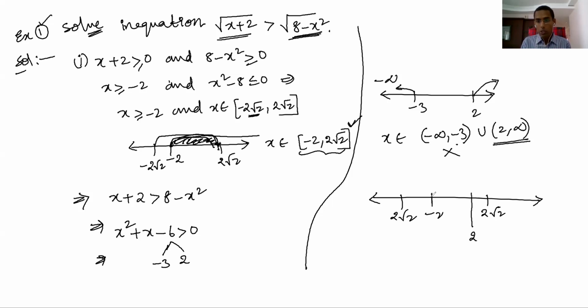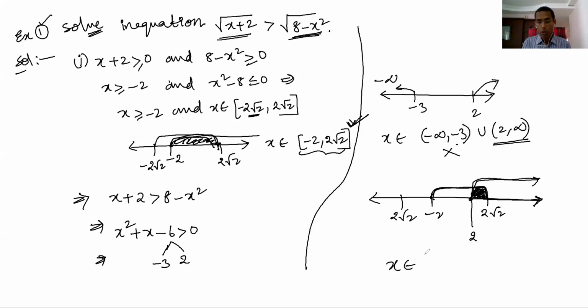All right, already this much region is satisfying. Now what does 2 to infinity mean? This much region. So this is a common part. That means 2 to infinity is the solution, but that solution must lie in this interval because it has to satisfy this inequality. So therefore, finally the solution is x belongs to 2.